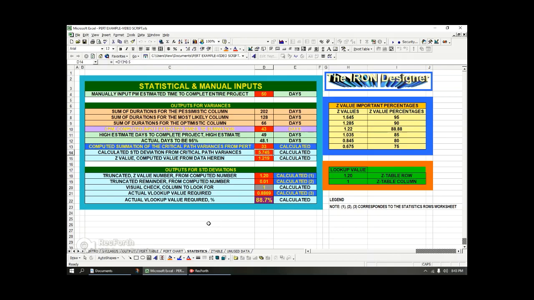Now, this value is the Z value, basically. We take that calculated standard deviation from the critical path variances, and we take the square root of that number. So when you take the Z value, what you're going to do is you're going to take